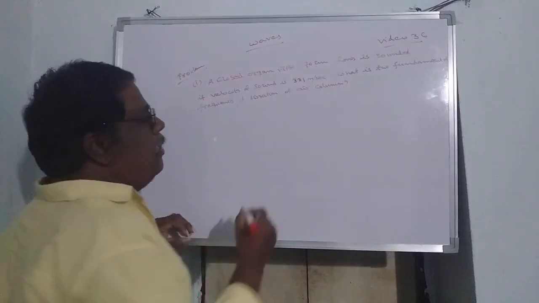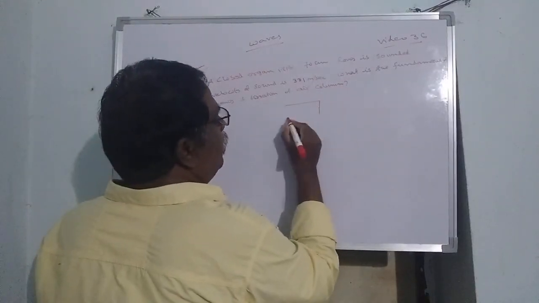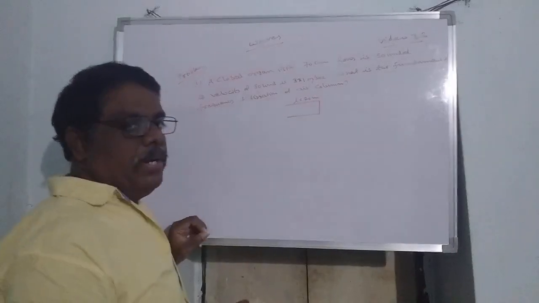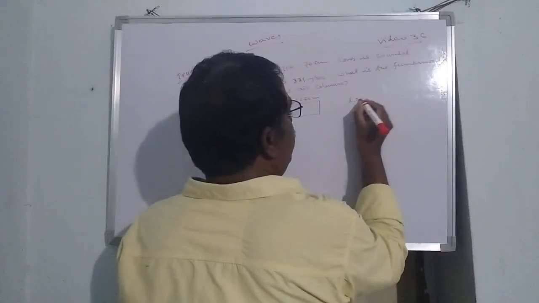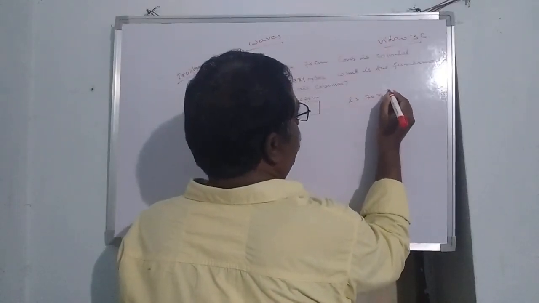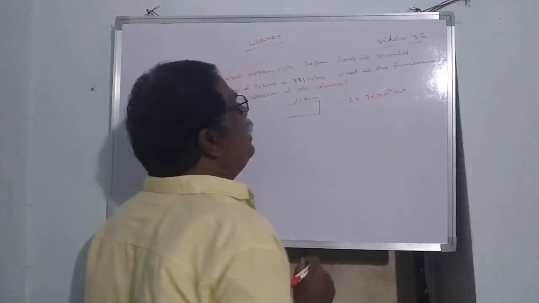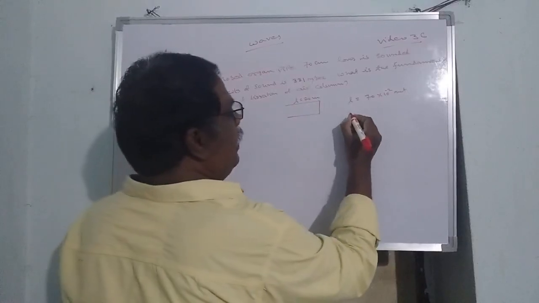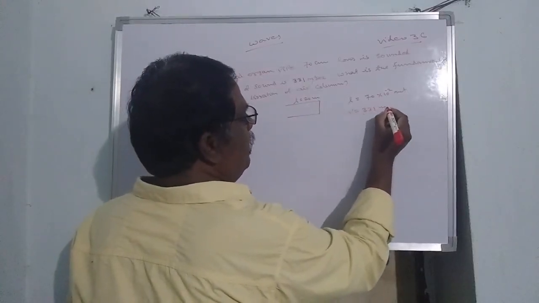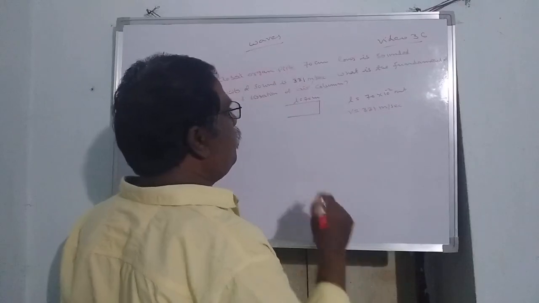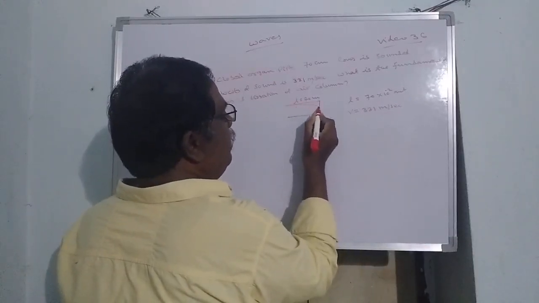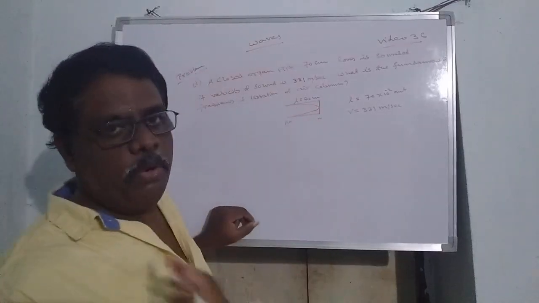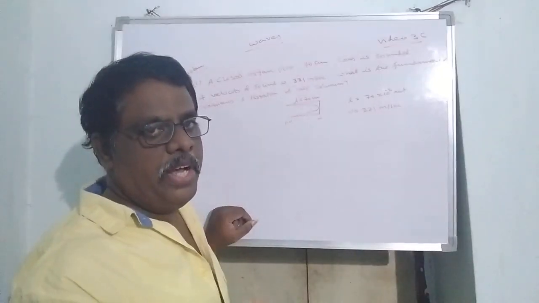See here, it is a closed pipe. L is given as 70 centimeter, so centimeter should be converted into meter. L is equal to 70 into 10 power minus 2 meter. The velocity of sound V is given: V is equal to 331 meter per second. So the fundamental frequency will consist of a node and an antinode. In case of a closed pipe, that is the fundamental, the first harmonic.